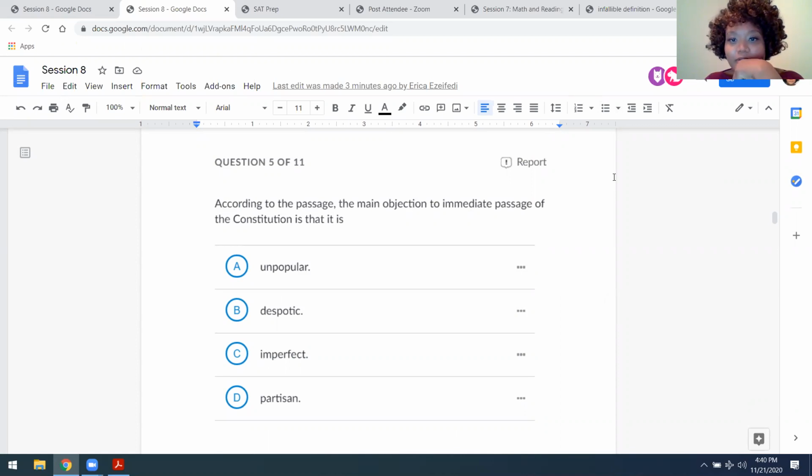If you guys have an answer for number 5. So according to the passage, the main objection to immediate passage of the Constitution is that it is, well, we can think about what Franklin is talking about. The whole passage that we read, he's talking about,